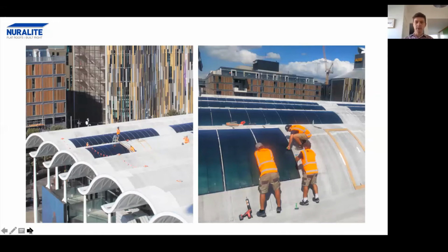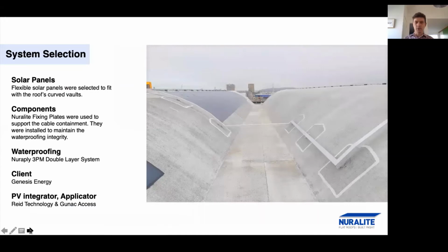Would you like to just flick to the next slide, Jay? So this is a shot looking down between two of the vaults. If you can see my mouse, you can see this area here. These are the photovoltaic modules. They're about 3 meters long and about 1 meter wide, and they are physically bonded down onto the roof. There's an adhesive applied, usually in the factory, to the back of the module, and then that's adhered to the roof. And then you can see here the fixing points, these here are the Nuralite fixing points